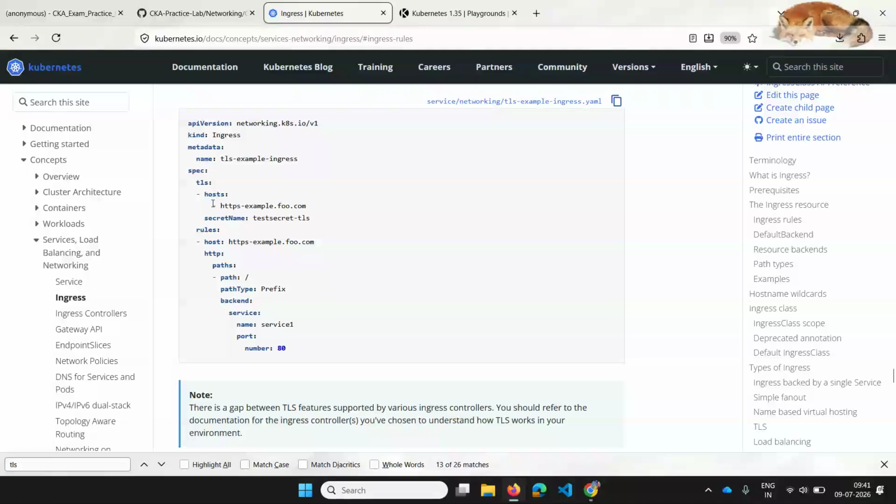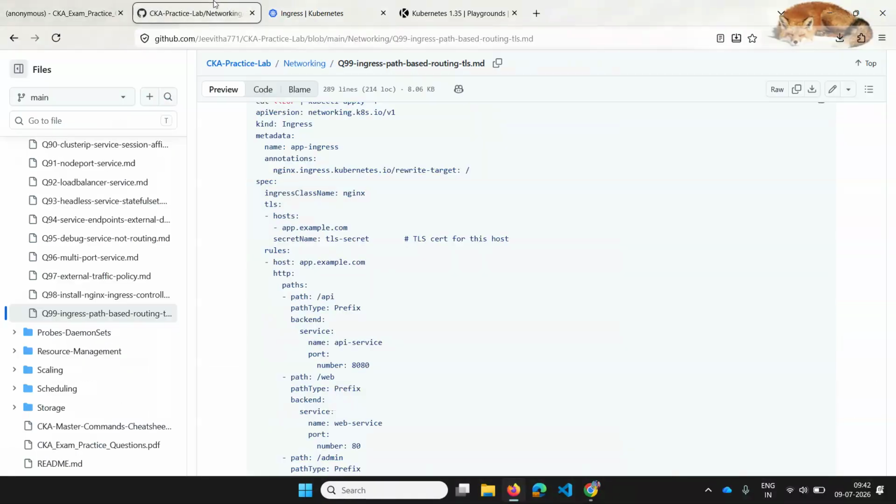So this way you can mention the host under the TLS, and again you can add a secret name under the TLS. So whatever TLS secret you have created, that secret name you can add. This way we can use TLS. So only that section additionally I have added here. I hope it's clear for you.